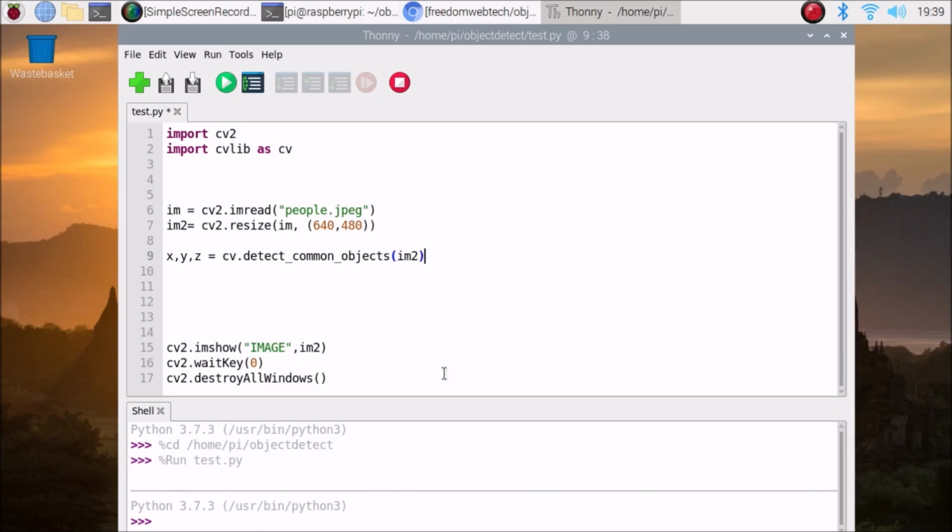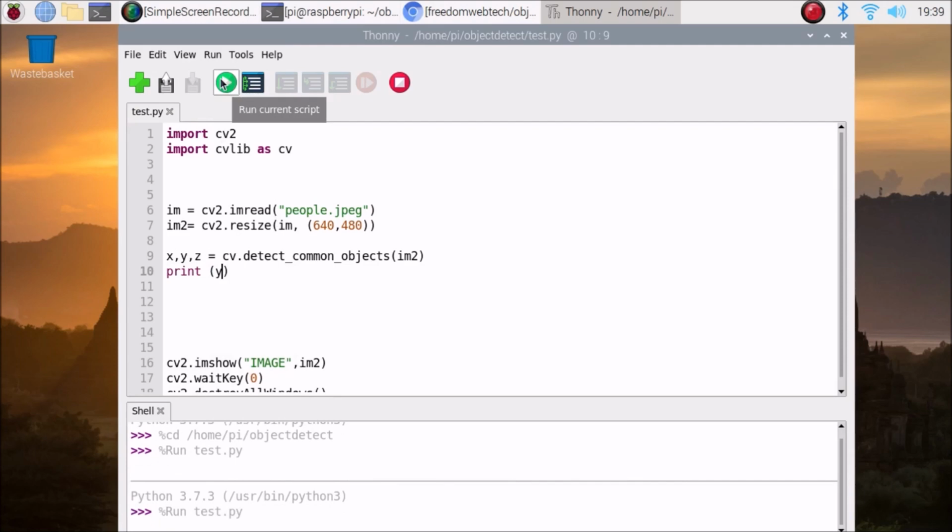So now we have our image ready already, and our method is also ready. Now we can basically detect the objects from our image. That's it, friends. We are going to print the y, because y is basically the label. So if I go here, print y, and simply run the code. Save it, run the code.